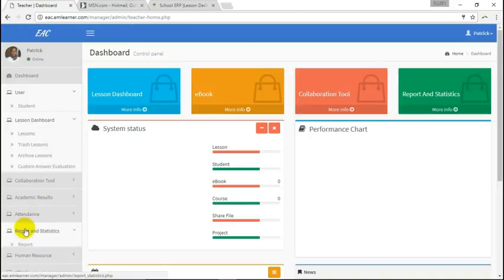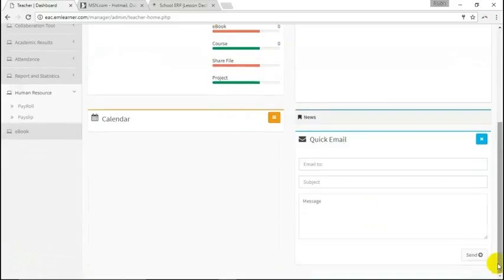And then the teacher can look at the report of the student and the statistics of performance of each student in the system. The teacher will be able to check his payroll, how much the salary is, whether it has come or it has not come. And so once it comes, you will see your payroll here. Pay slip, everything will be embedded in your own account. Okay. And then lastly, you will be able to see e-books, the same e-book that has been assigned to your student. You will be teaching from it.